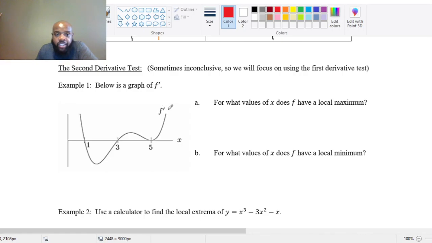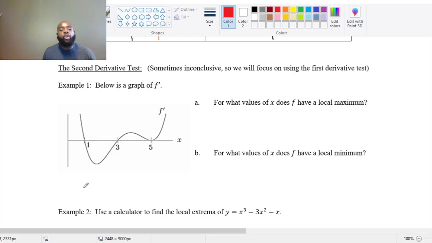We see f prime here. That's very important. For what values of x does f, the regular function whose derivative is graphed here, have a local maximum? That's part A, and we want to know for which values of x it has a local minimum. Well, we know that for a continuous function, which is all we're going to look at in this class, a local max or a local min is going to occur where your function has a